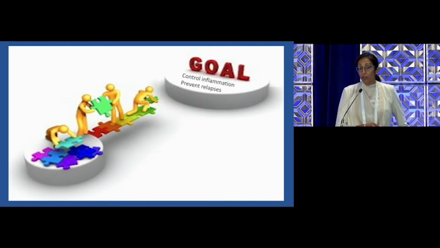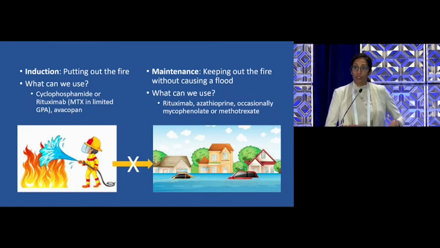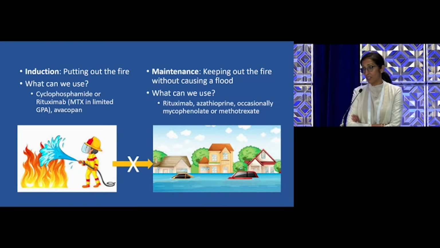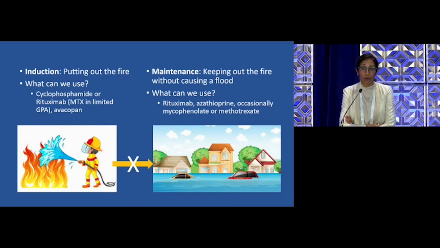And what is our goal in all of these diseases, not just GPA, but in vasculitis in general? Our goal is really to first control the inflammation, so try to shut everything down, and then of course try to prevent relapses. So I try to split it up, regardless of the vasculitis I'm treating, in terms of induction and maintenance. When I think about vasculitis, itis is inflammation, right? So I think of it as like your blood vessels are on fire. And what can we use to put out that fire as quickly and efficiently as possible, trying to avoid damage